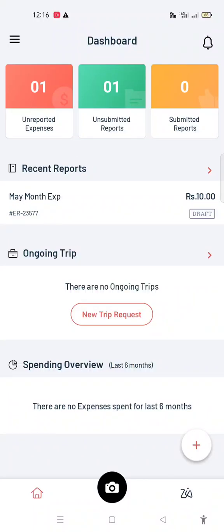Video user manual on how to submit your bike traveling expenses. If you have traveled on your own vehicle for any official purpose, please follow the steps. Once you log in to the Zoho expenses application,